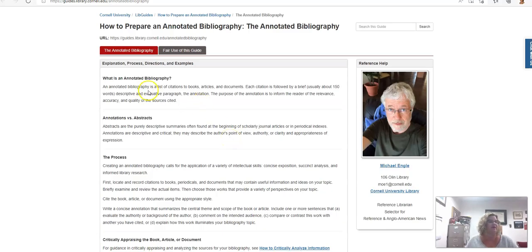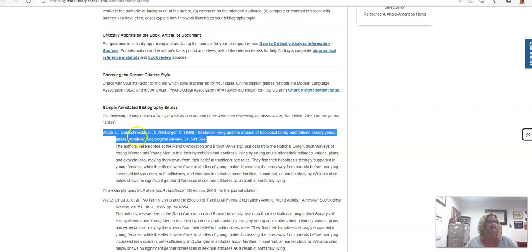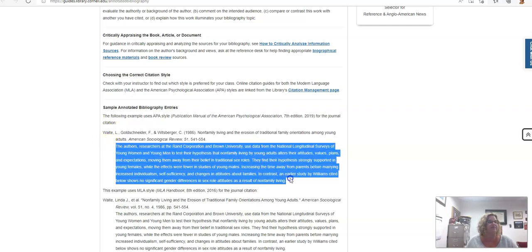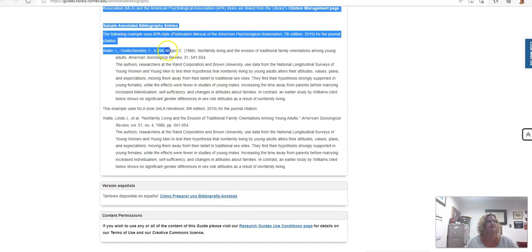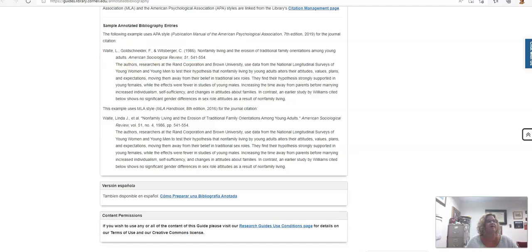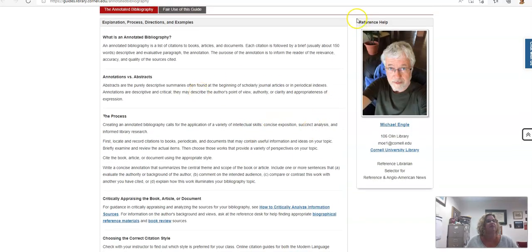The way it works is, and I've given you an example here, you're doing an annotated bibliography. So you're going to put the citation. Here's an example. Here's the citation. This is an APA. So you put the APA, and then you're going to put the summary. You just need 4 of these. We're not doing MLA, APA. So the actual article and then the summary. You need 4 of these.